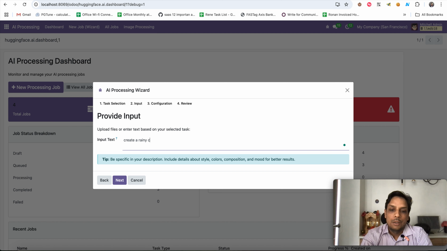rainy cloud environment with Indian forest and show small home with yellow color where cat is sitting. This is just a random thought that came to my mind, and I just want to check